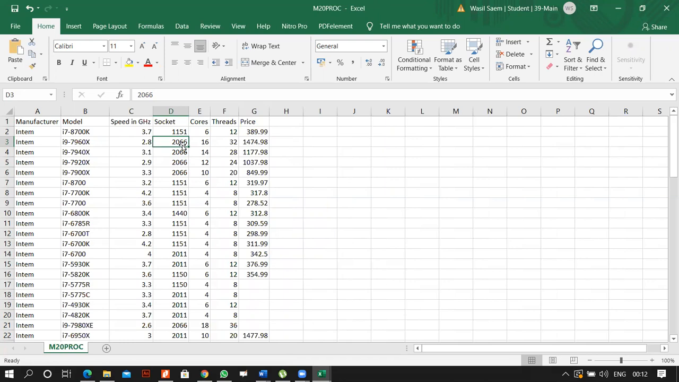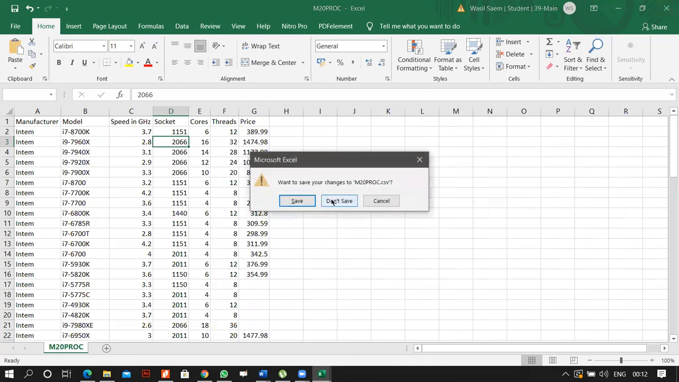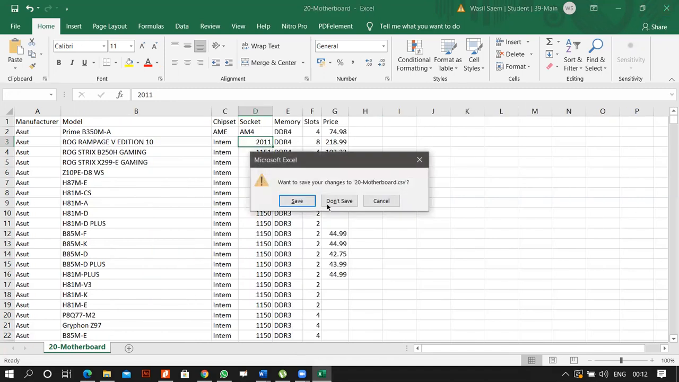We cannot create many relationships. Don't think of creating a relationship between this socket and the socket. That will end up making many to many. But before I discuss this further, what we'll do is,